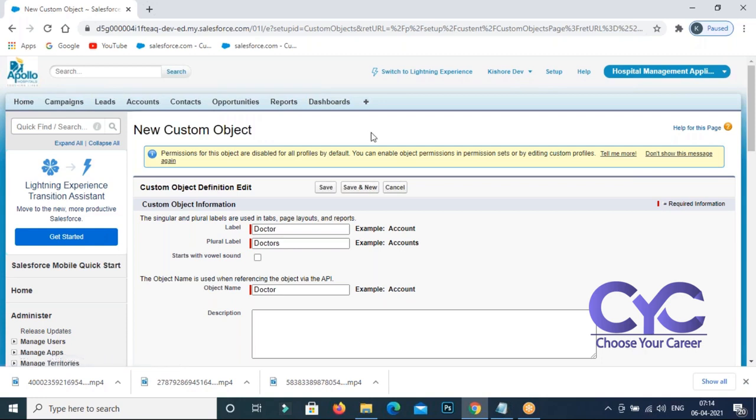If you come to here, there will be Campaigns, Leads, Accounts, all are plurals. Whenever you create records in this object, you are not going to create only a single record; you are going to create multiple records, thousands and millions of records. So it must be plural. That's why whenever you create an object, you must give the plural name here. Based on this plural name, a tab is going to be set up, so the tab must be plural. Got it?